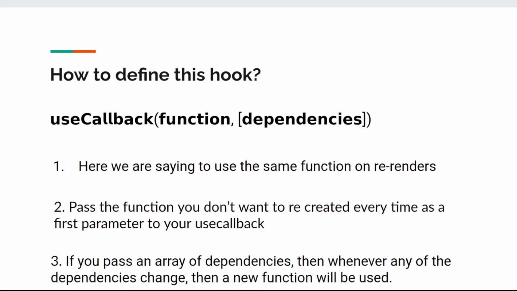And then we have a dependency array. Whenever the value of that dependency changes, it is going to use the new function in my useCallback hook. So these dependencies are the same as useEffect dependencies. All right. Okay, so let's see how it works.